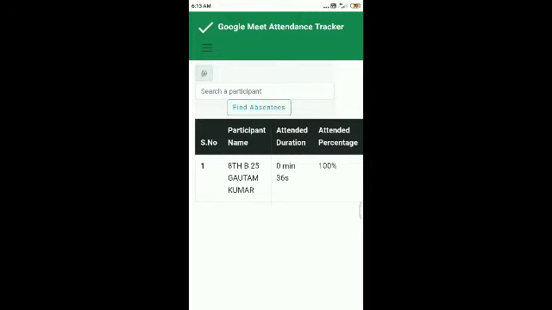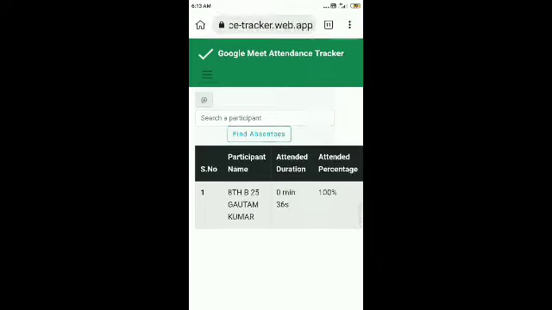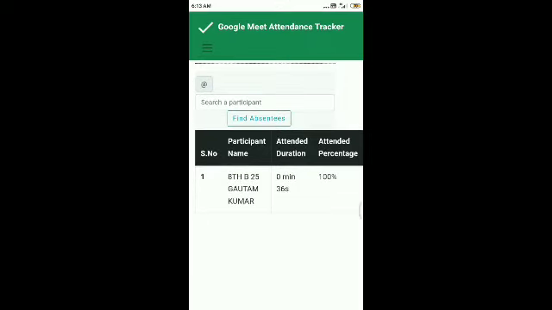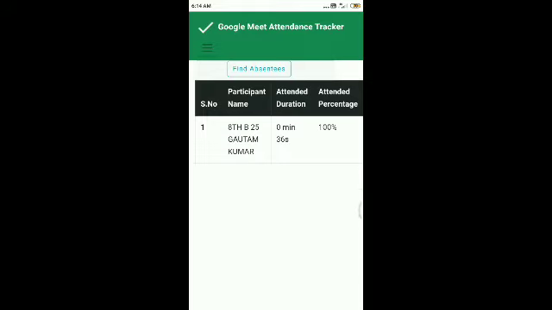As you can see here, serial number 1, HB25 Gautam Kumar, participant name, attendance duration 0 minute 36 seconds, and attendance percent, it means I attended 100% of the class, it means I attended the whole class. And there would be serial number 2, 3 as the number of participants will increase.